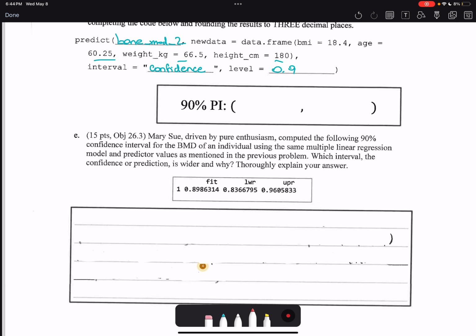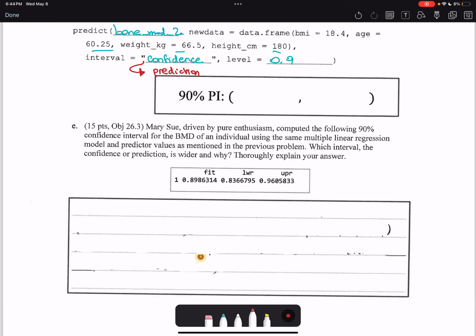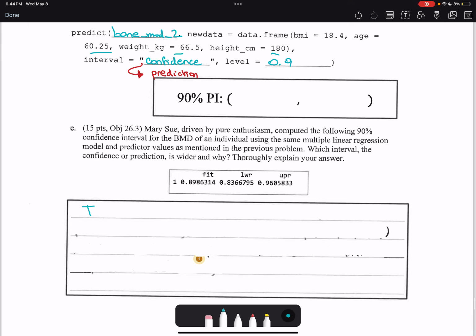And Mary Sue, driven by pure enthusiasm, computed the following 90% confidence interval from the body mass density, I don't know what BMD stands for, of an individual using the same multiple linear regression model and predictor values as mentioned in the previous problem. Which interval, the confidence or prediction, is wider and why? So the prediction is wider